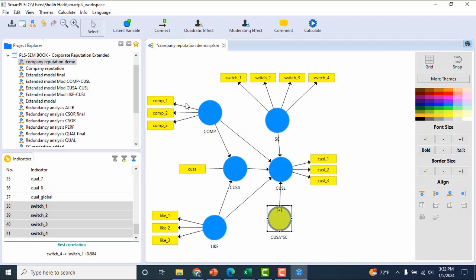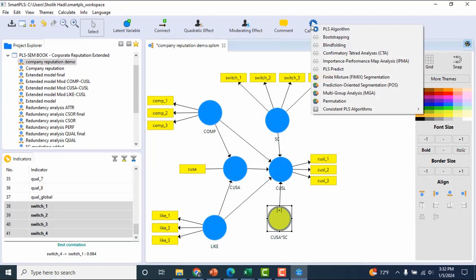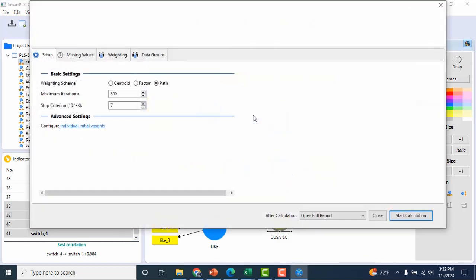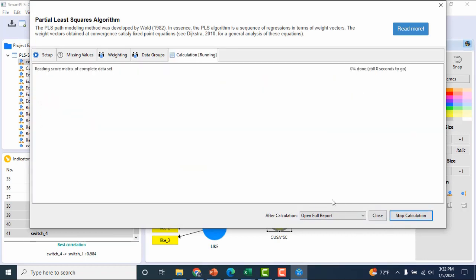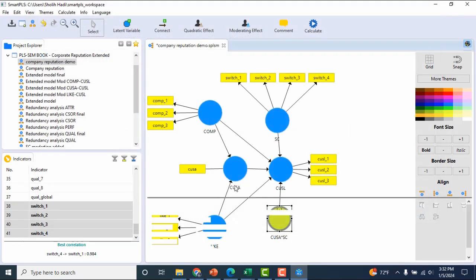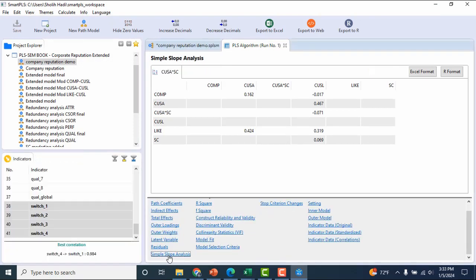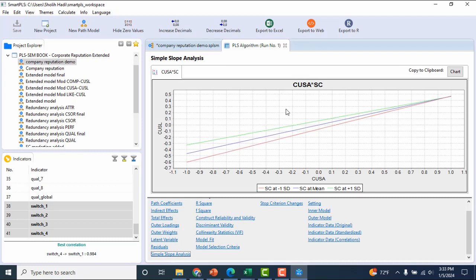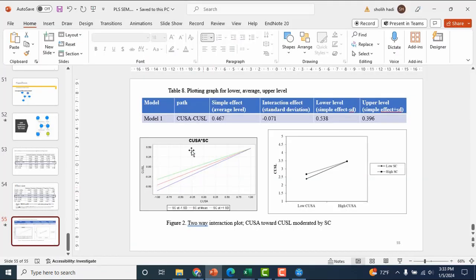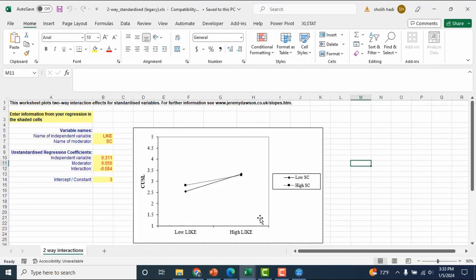Okay, now I will demonstrate how to plot the graph. We click calculate and PLS algorithm and then start calculation. In here we have simple slope analysis, and I already copied it here, and then we also use this one, CUSA and the SG.